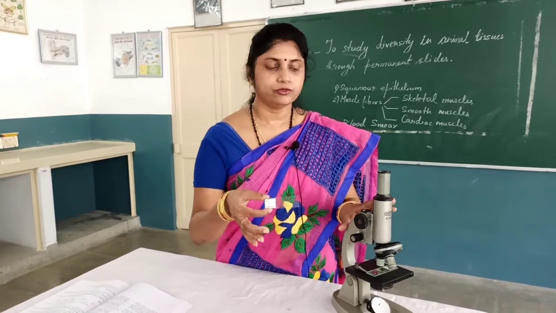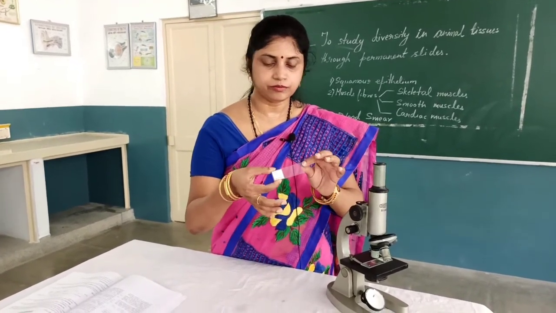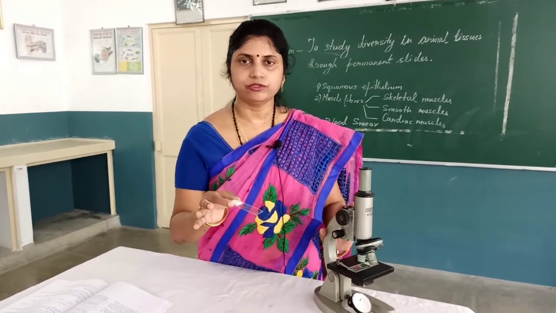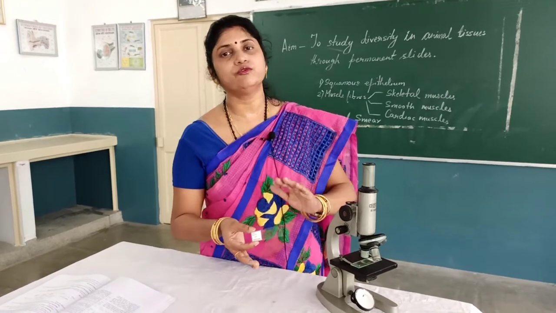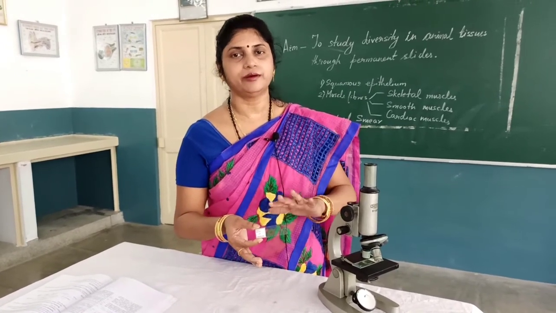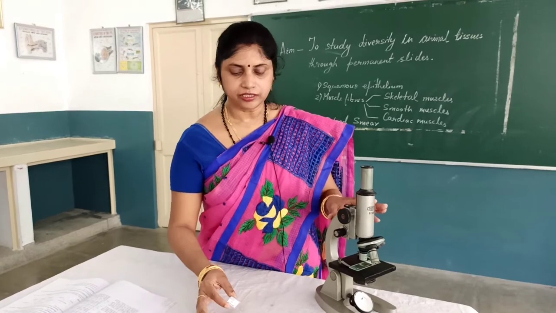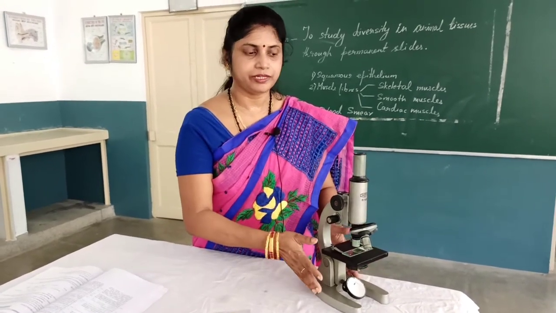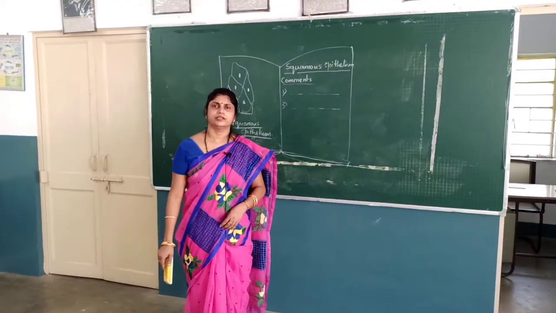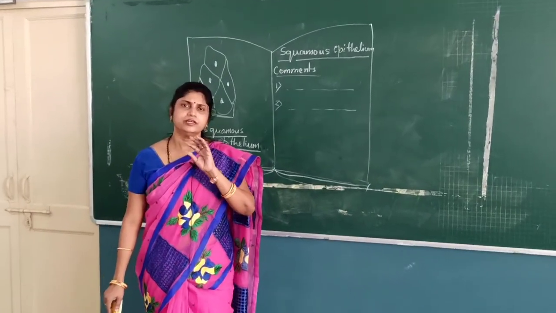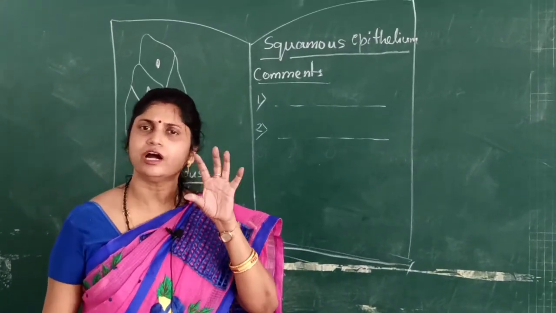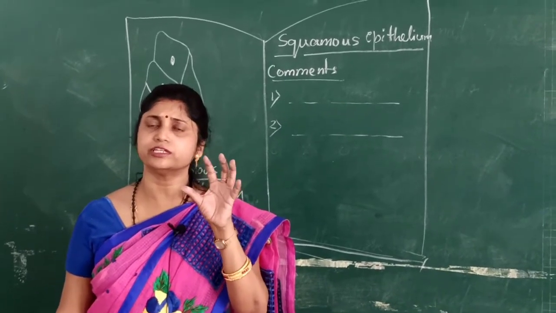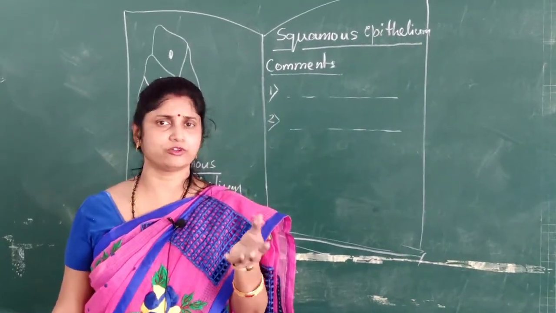Now after doing all these slides, after placing here and removing, one by one you have to do, and like that after doing all these things, then you have to go for the observation and comments. Okay, and here whatever you have learned till now, whatever I have explained, this is called the procedure part. Children, you have seen the slides where I have shown you how the squamous epithelium or the blood smear looks under the microscope, and how you are going to draw, that I have shown you.